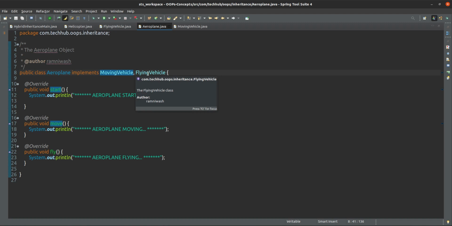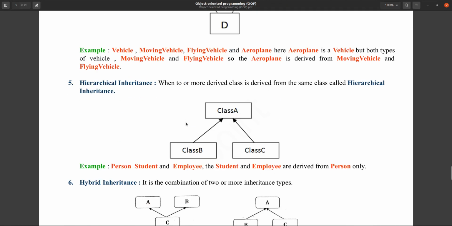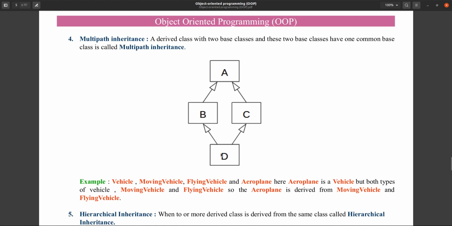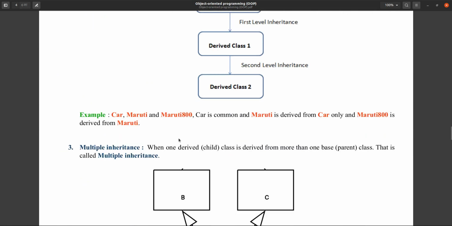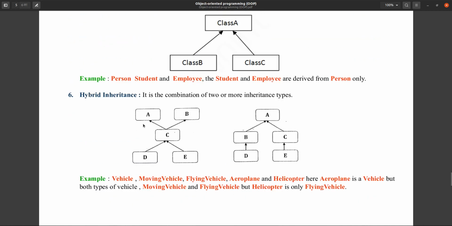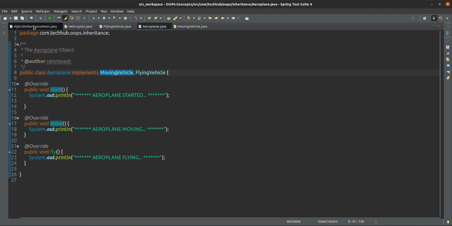So this is multi-path inheritance. This is the definition of multi-path inheritance: one base class has two derived classes, and these two derived classes are in turn inherited by one subclass. So any two inheritance combined into a single one is called hybrid inheritance. So this is the example of hybrid inheritance.